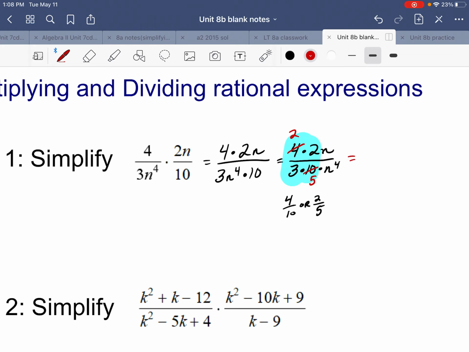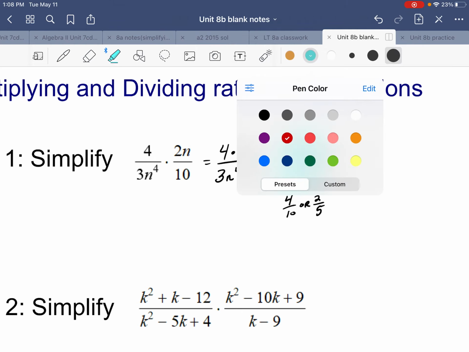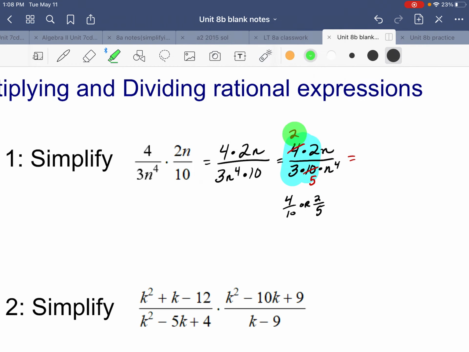Now if we were to multiply straight across, let's look at the 2 times 2, that's 4. And then in the denominator, we have 3 times 5, that's 15. Look at the fraction, 4/15. Can we reduce that at all? No. So let's move on. Now the coefficients are reduced. Now let's look at the